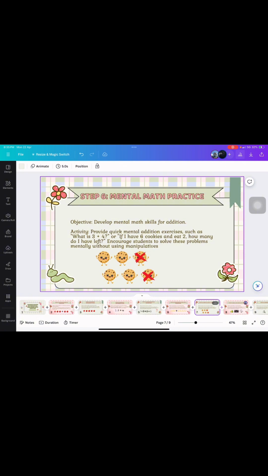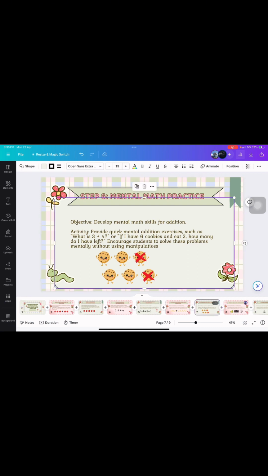The objective of mental math practice is to develop mental math skills for addition. The activity is to provide quick mental addition exercises such as, what is 3 plus 4, or if I have 6 cookies and eat 2, how many do I have left? Encourage students to solve these problems mentally without using manipulatives. So this means